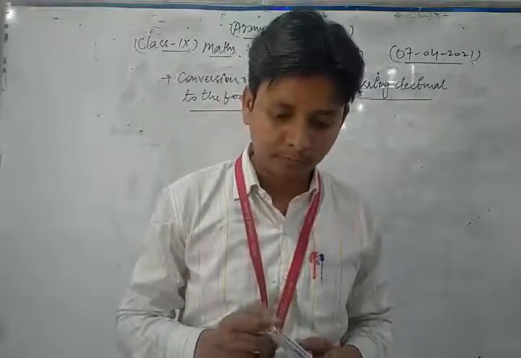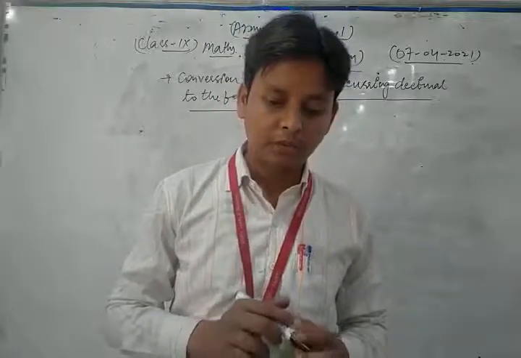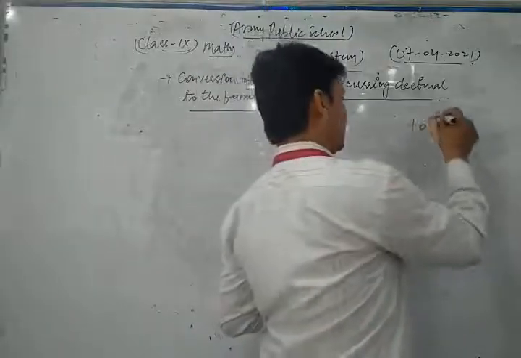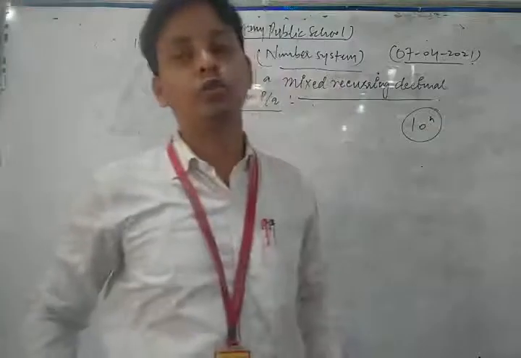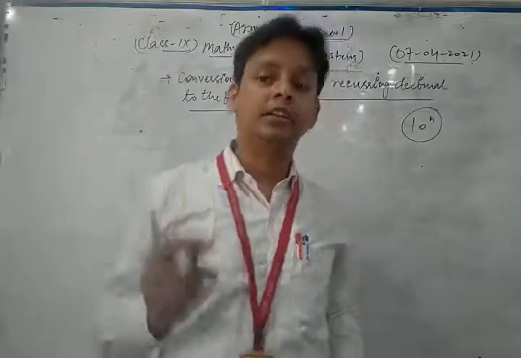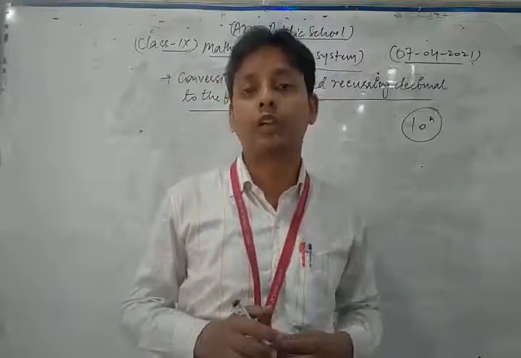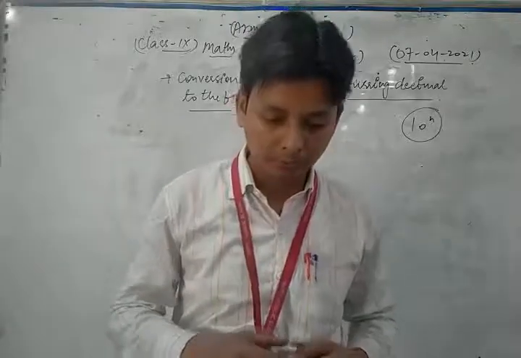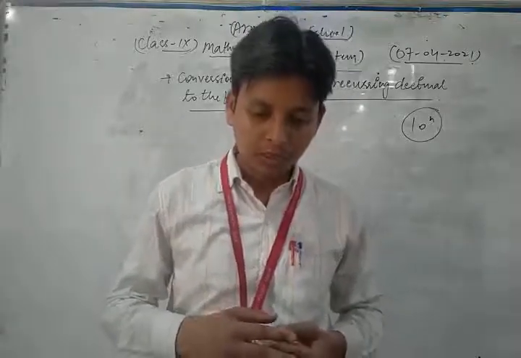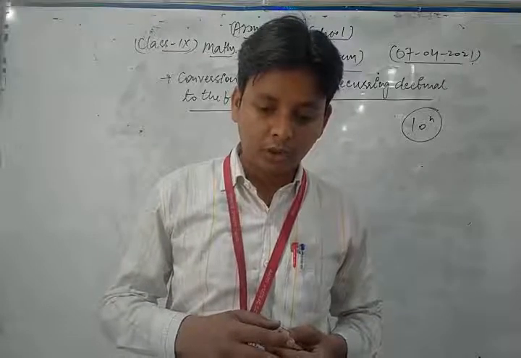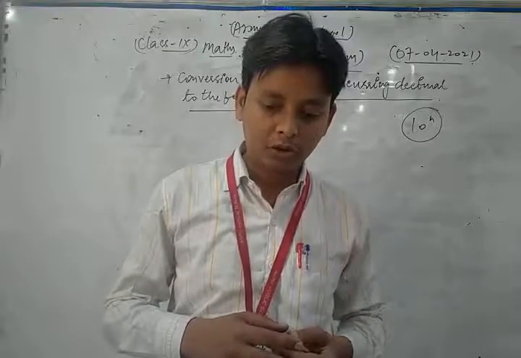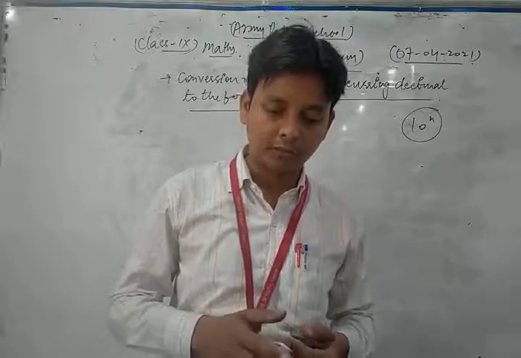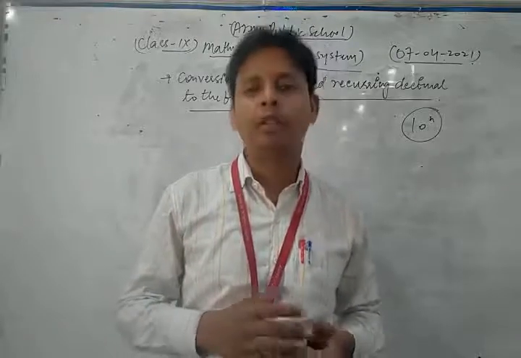Now multiply both sides of x by 10 to the power n. Here n is the number of digits after the decimal point which do not have a bar. Now, so that only the repeating decimal is on the right side of the decimal, use the method of converting a pure recurring decimal to the form p upon q and obtain the value of x.